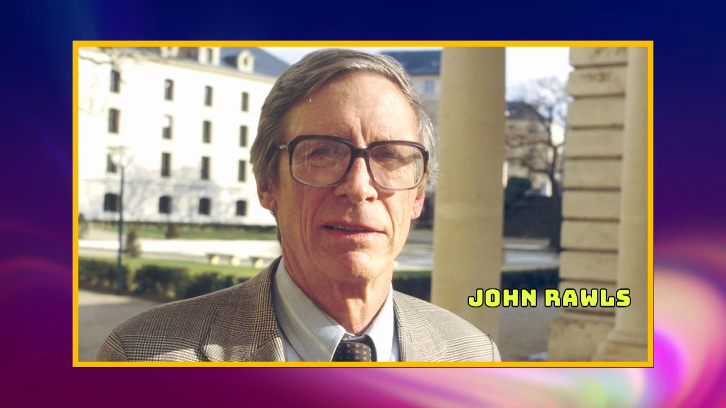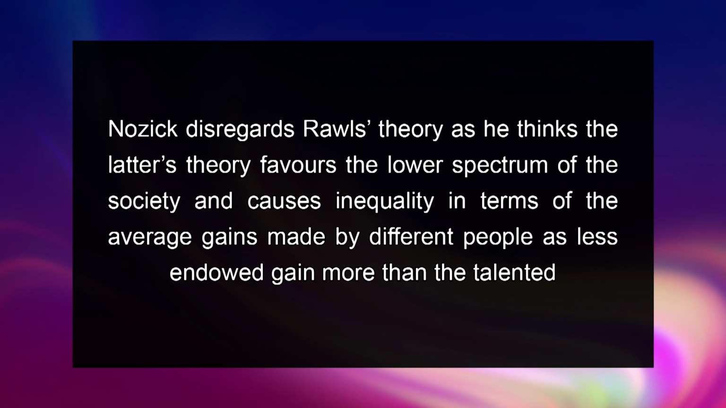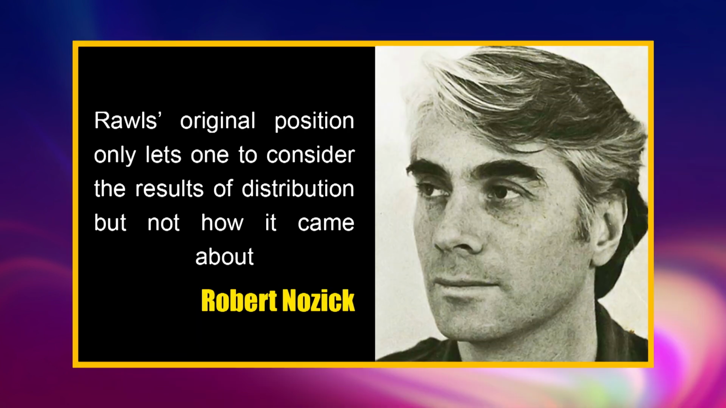In criticism of Rawls, Nozick argues that Rawls in his theory, Justice as Fairness, invokes a group in his original position instead of individuals. Nozick disregards Rawls' theory as he thinks the latter's theory favors the lower spectrum of the society and causes inequality in terms of the average gains made by different people, as the less endowed gain more than the talented. He states that Rawls' original position only lets one consider the results of distribution, but not how